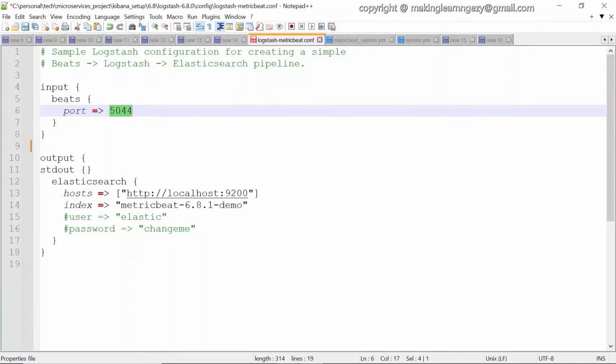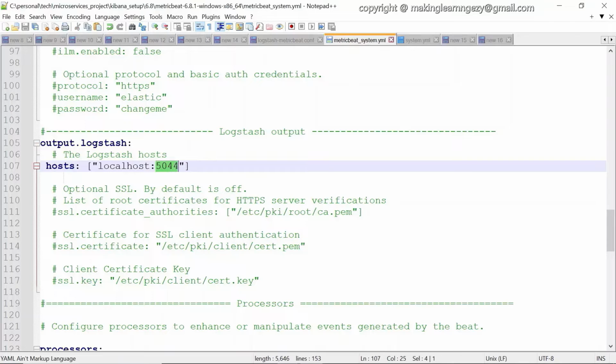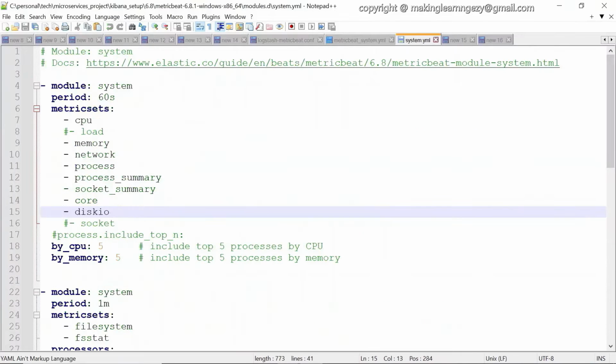This is the port on which Metricbeat would send the metric data, and this port number we also mentioned in the Metricbeat configuration file in the output. So the same port number we need to use here.